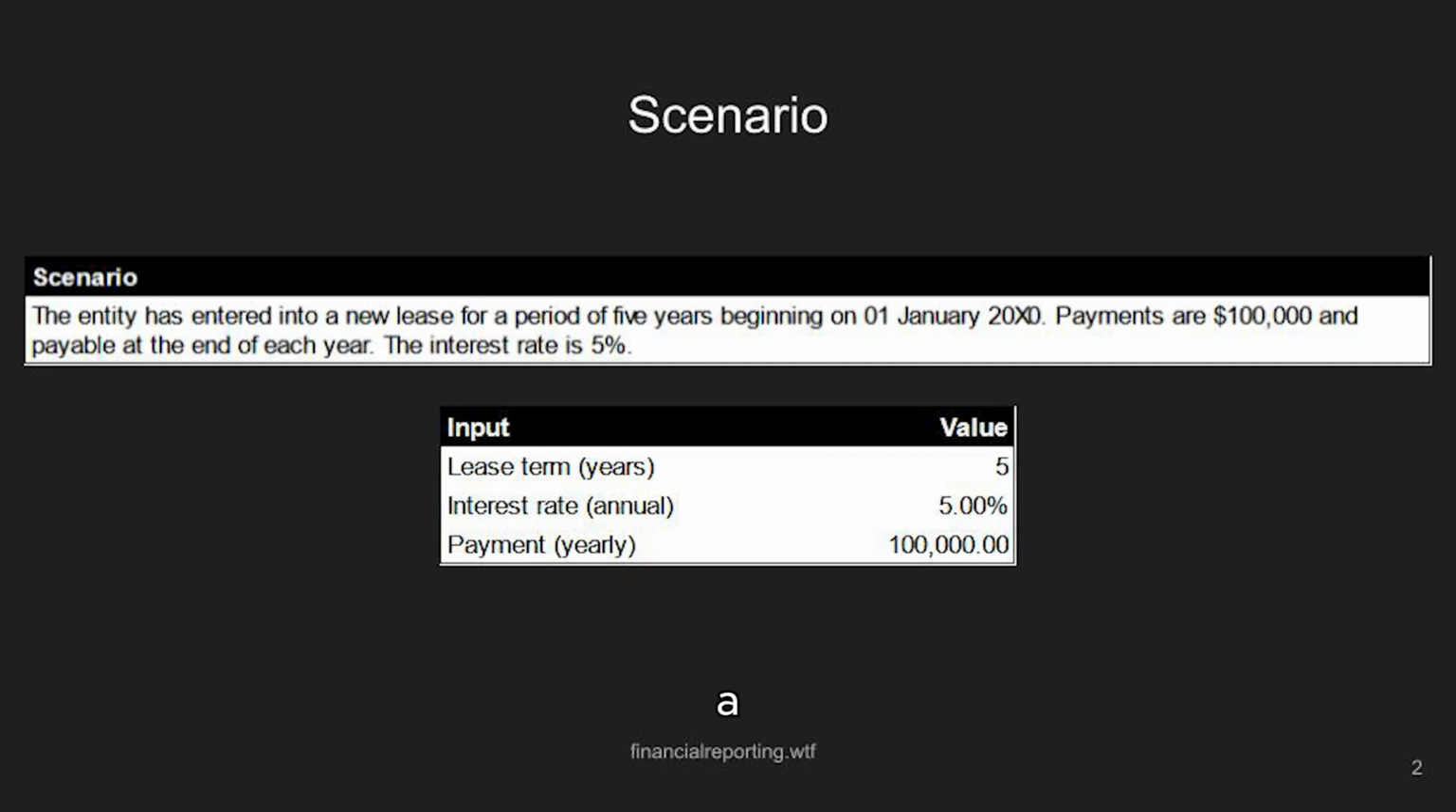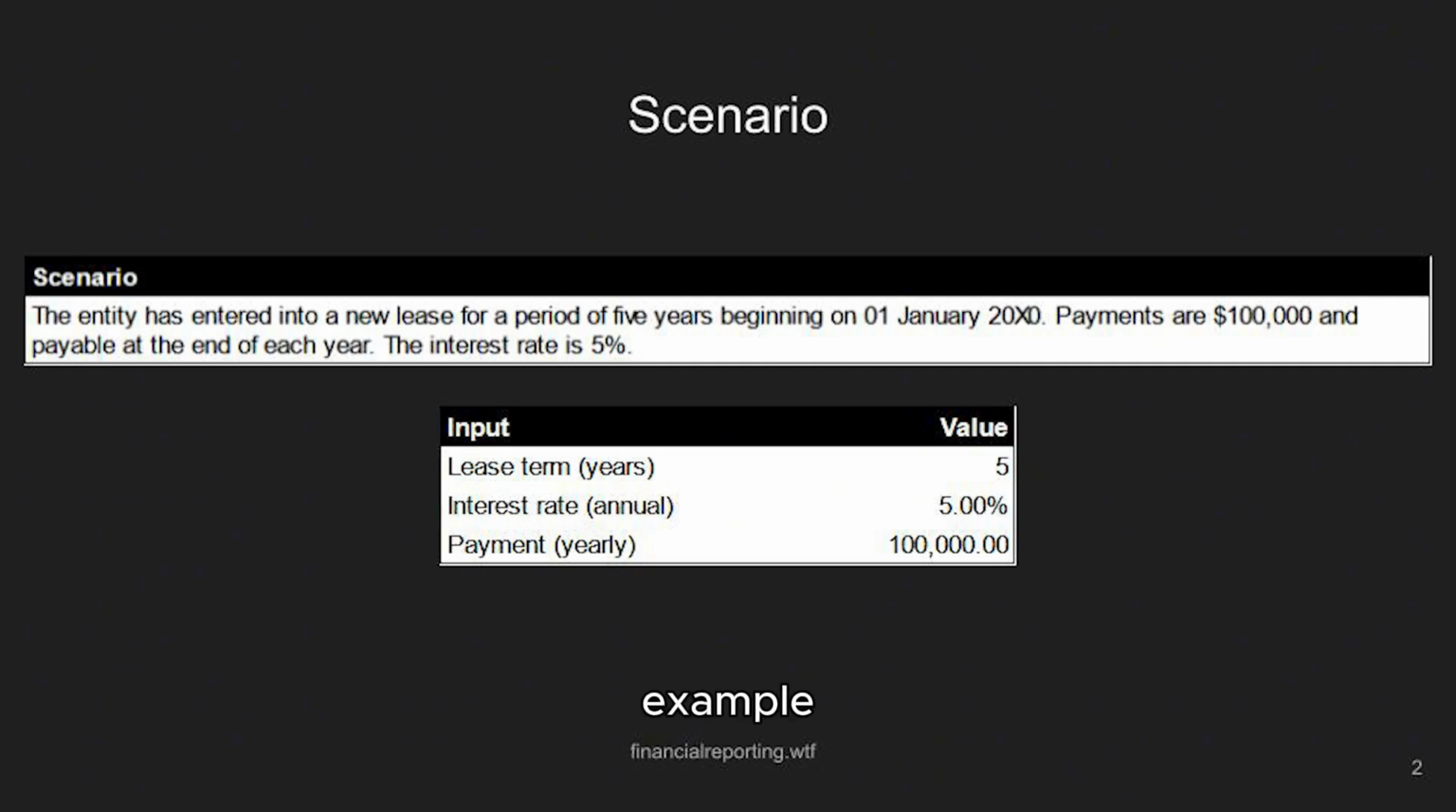We are going to assume a very simple scenario: a lease for 5 years with a fixed payment of $100,000 every period of a year, payable at the end of the year. The interest rate is 5%. We won't worry about whether this is the rate implicit in the lease or the incremental borrowing rate for this